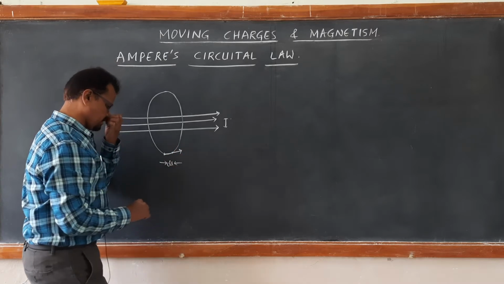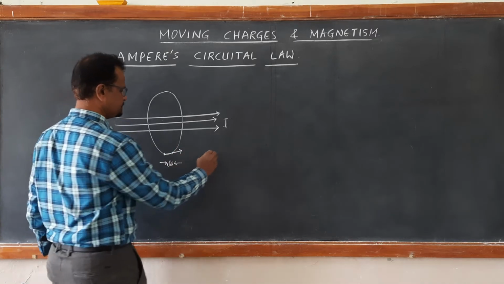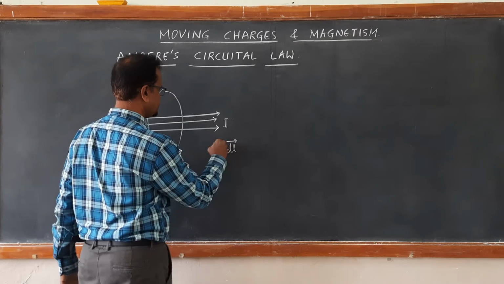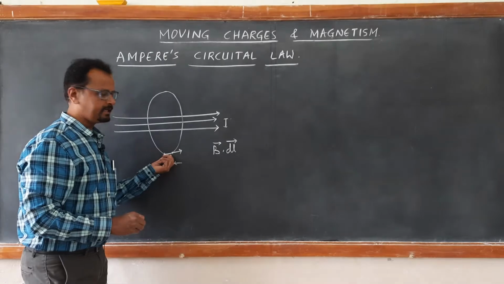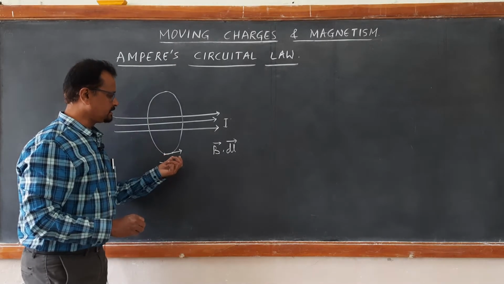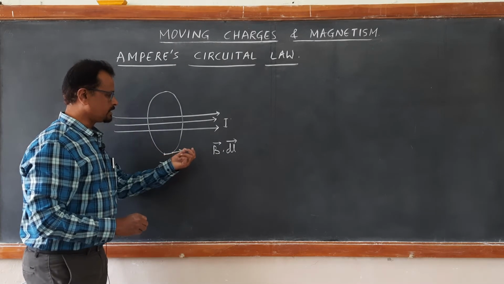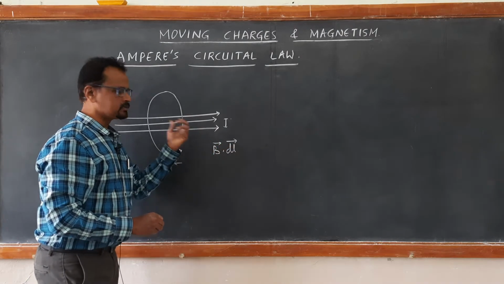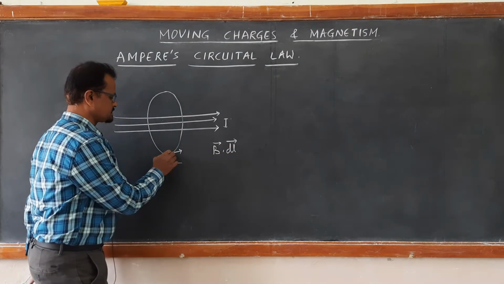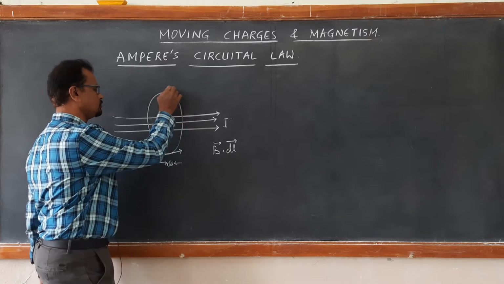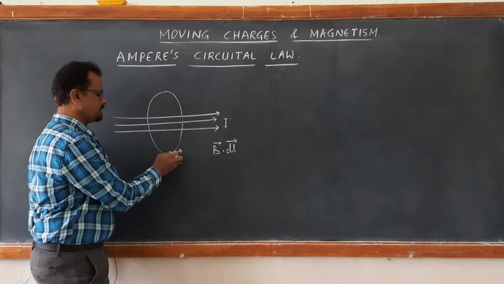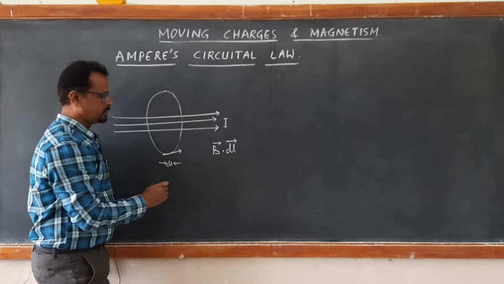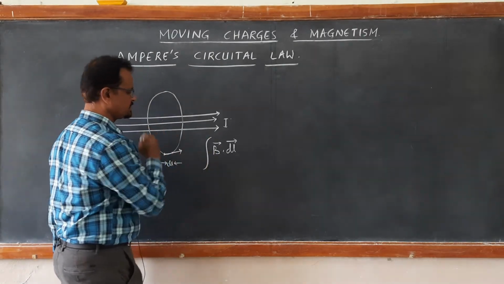So, if we calculate B dot dl, the B dot dl at this particular small element results in what is known as mu naught times the current enclosed by it. Now, when you take this dl for the complete loop, dl plus dl plus dl plus dl,